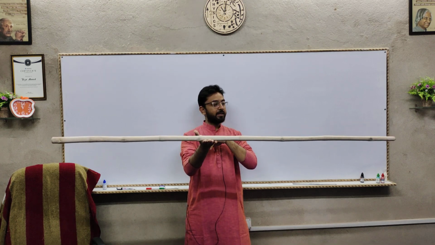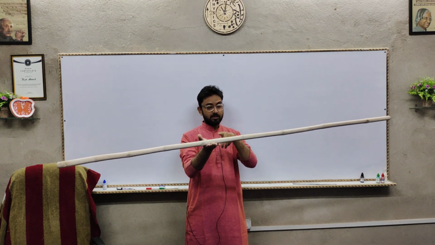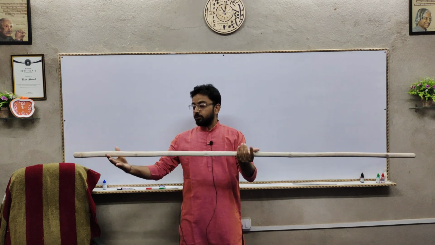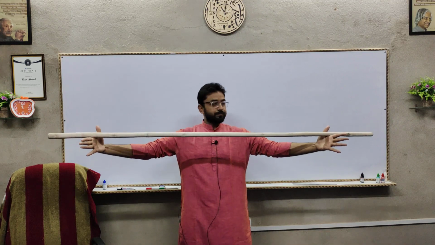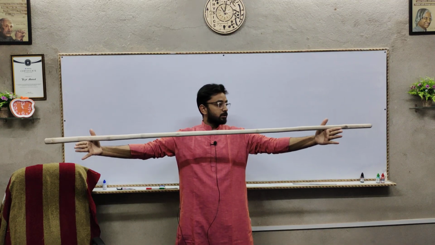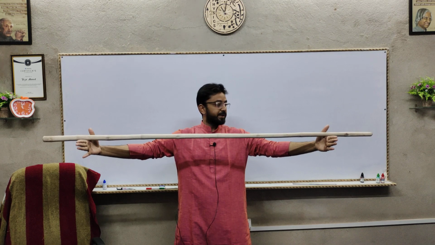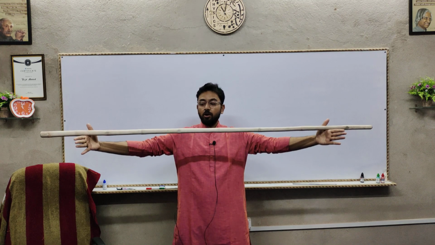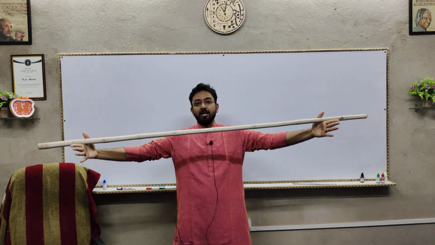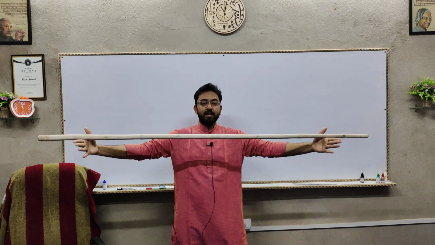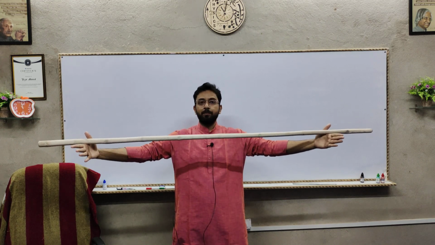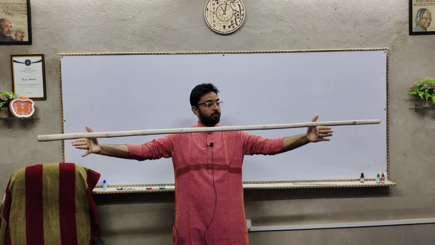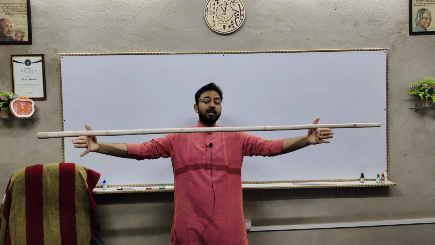If I put my hand here, you can see that the stick is balancing now. So how will this point shift? See it through an experiment. I have put this long stick over my hands, and now I will slowly move my hands towards the center. You will see one of my hands will move and one will stop, then again it will move, then again it will stop. As I move my hands, this part is moving and this part is not moving. That means the center of mass is adjusting itself.